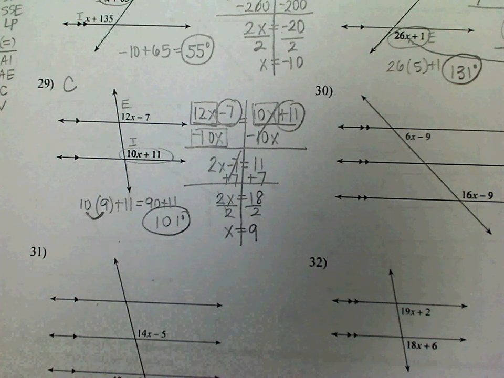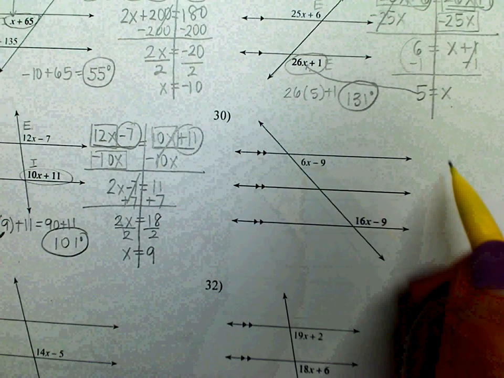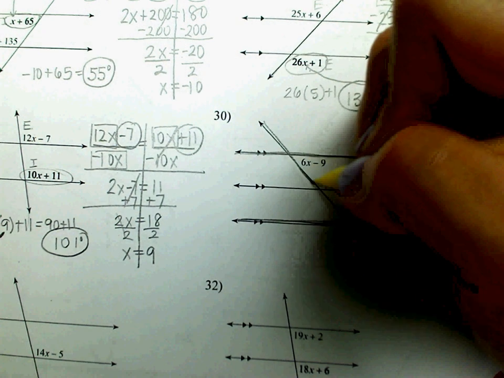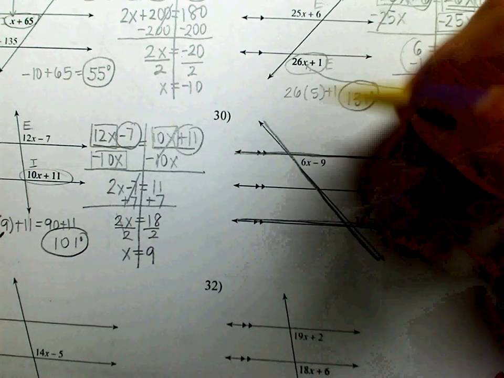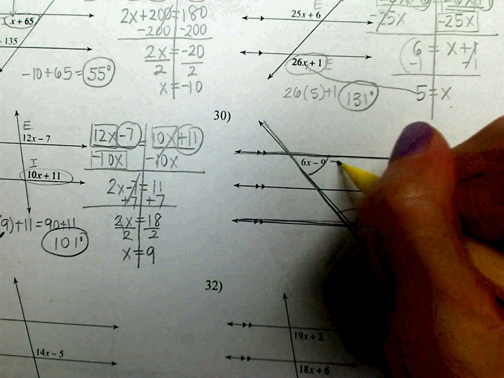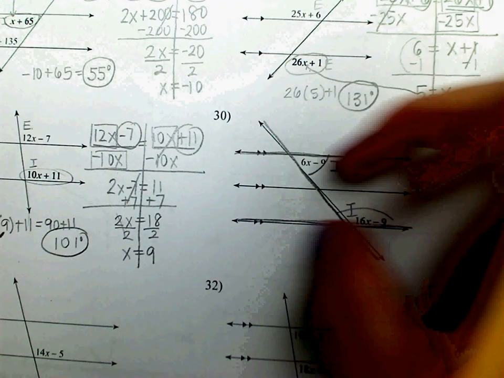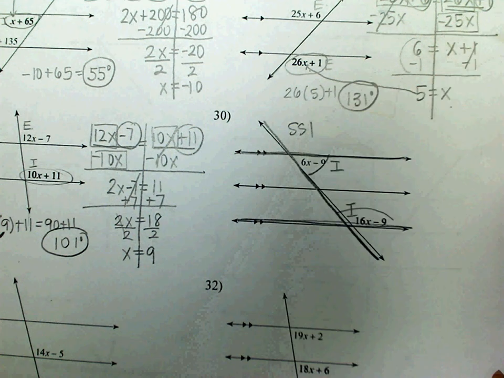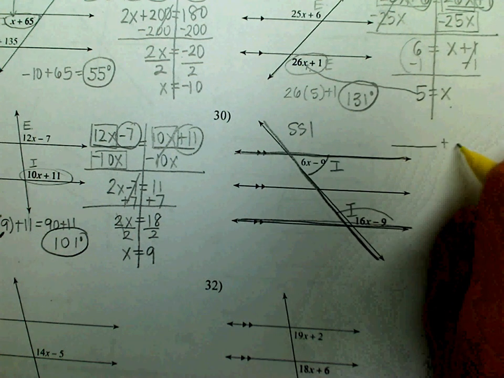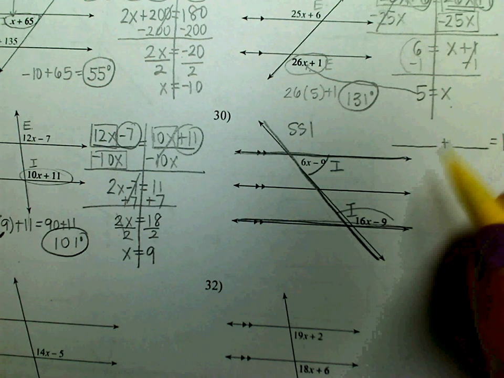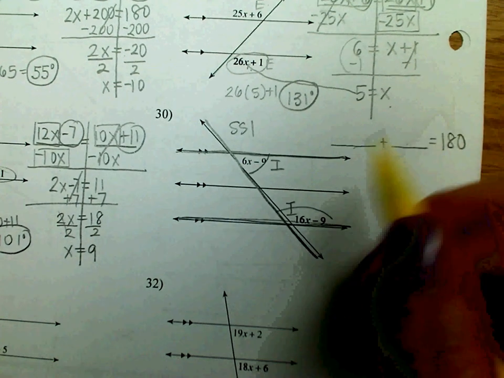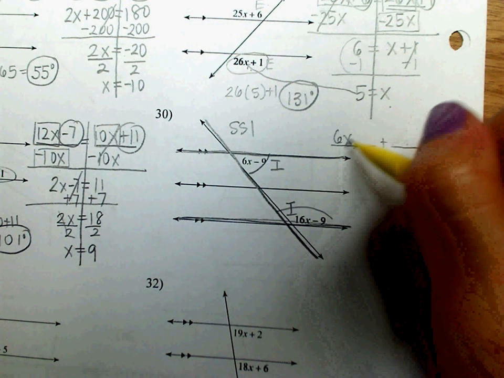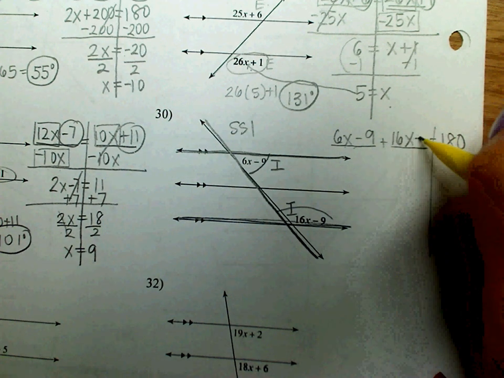Number 30. Now this one, remember we told you to either highlight or darken the lines that you need, and then you need to find a way to ignore all the other lines. So if I loop this and loop this, these are both in the interior of these parallel lines. You just ignore that other parallel line. And they're on the same side, so this is SSI. So what I'm going to do here is blank plus blank equals 180. And remember, I'm only doing 2 blanks because it's a pair of angles that are supplementary. All right, so I'm going to put 6x minus 9 here, 16x minus 9, and a box, circle,